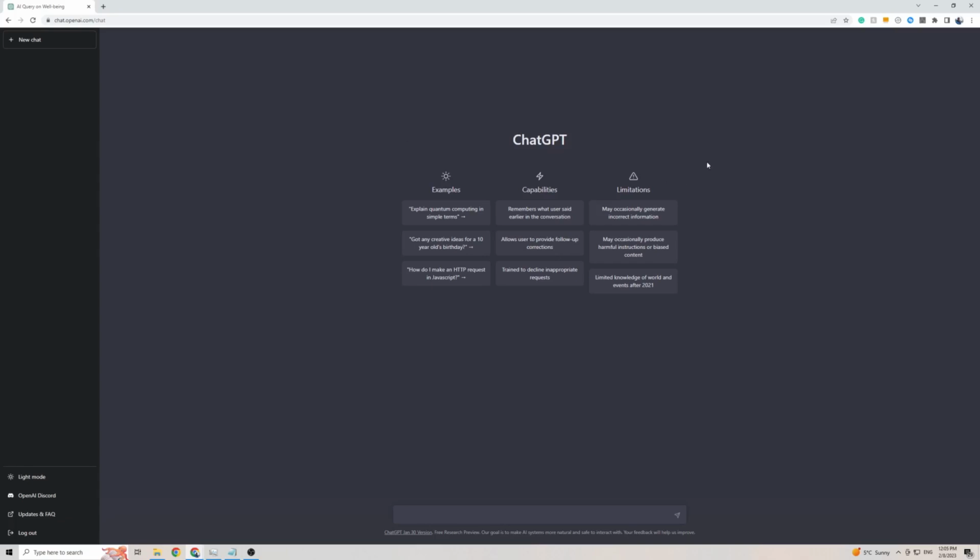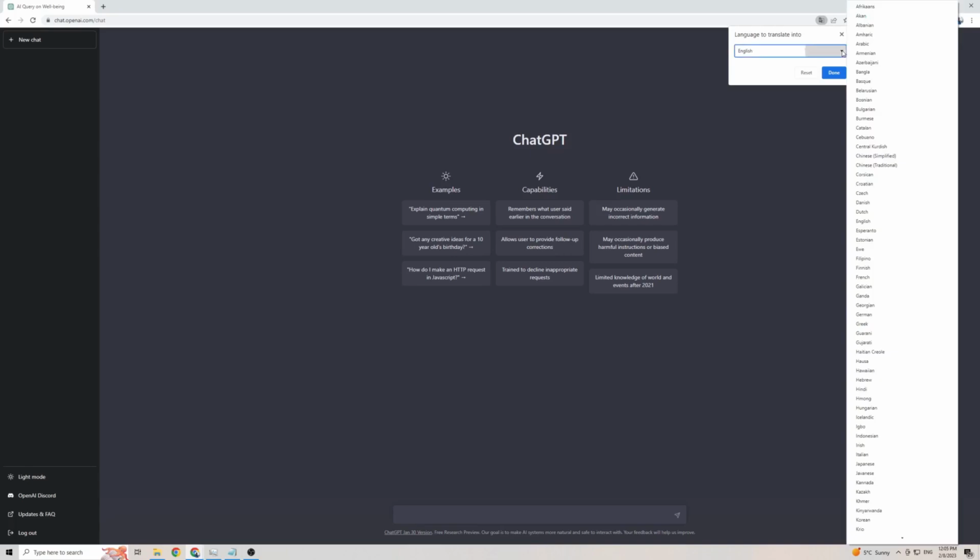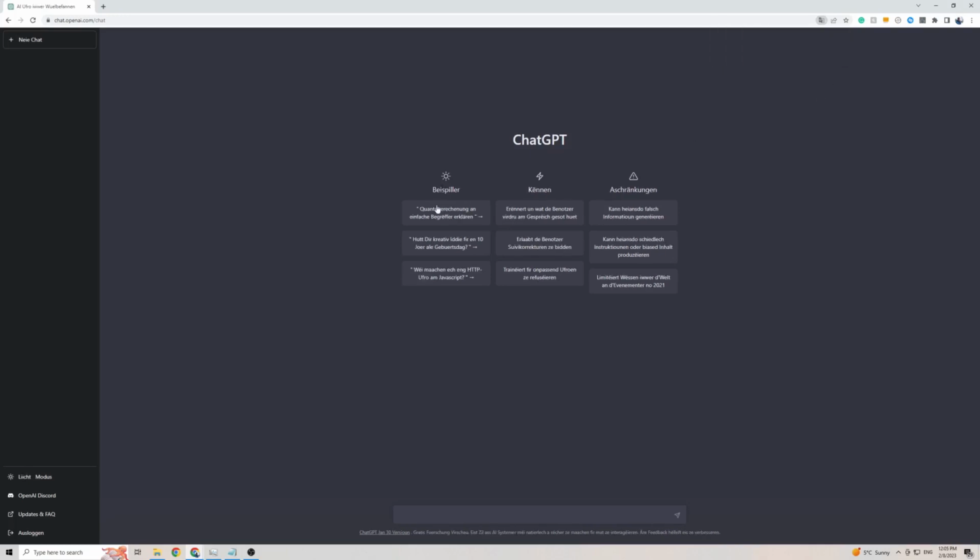So once you're on ChatGPT, right click anywhere on the screen, then click on Translate to, and in my case it's English, so to add Luxembourgish, click on the 3 dots, then click on choosing a language. Then click on the little arrow here, and from this massive list of languages here, look for Luxembourgish, which is right there. Then click on Translate, and as you can see, within just a second, ChatGPT is now fully translated